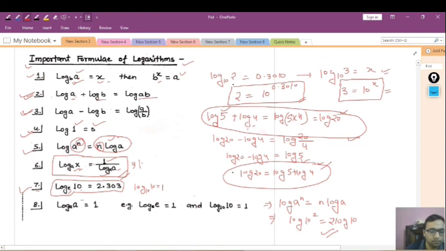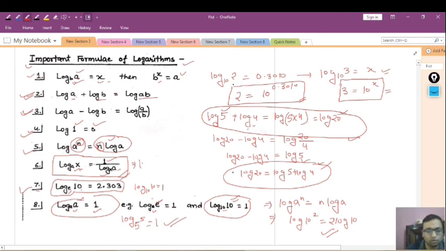Here also the same thing is mentioned, that log 10 is 1 on the same base. In fact, the exponent function e also has the value 1 on the same base. Here it is mentioned that log a, which means instead of 10 you can take any number. a means any variable, any number, and that will be equal to 1. Like log 5, if someone asks you what is the value of log 5 if the base is 5, your answer will be 1.